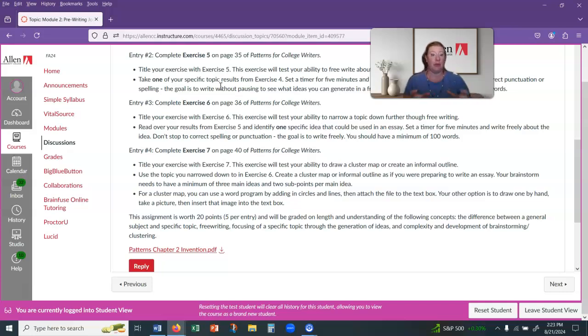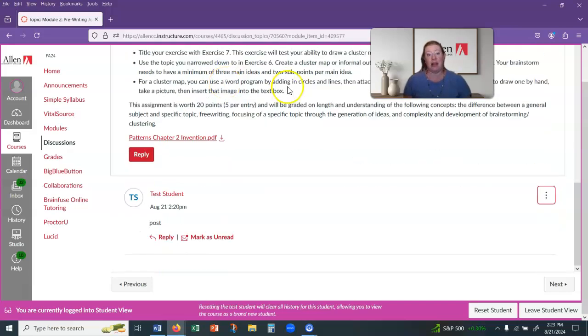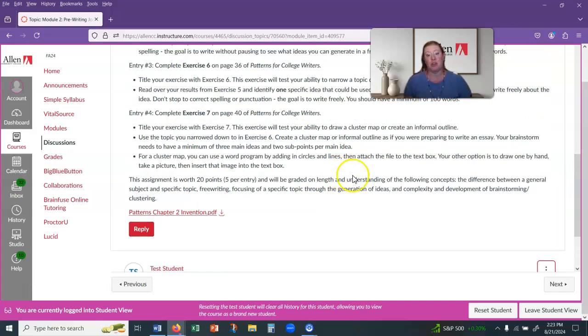So something from your free write in exercise 5 will become the topic for your free write in exercise 6. You'll repeat the process, and then exercise 7 is going to be a cluster map. A cluster map is one where you can either hand draw it. So you take the topic from exercise 6. You can either hand draw it and take a picture and upload it, or you can create it using a